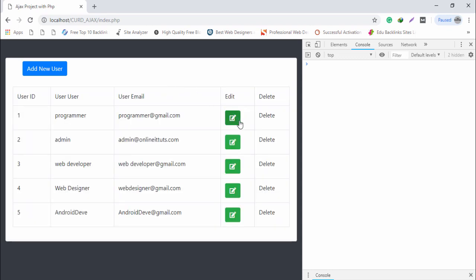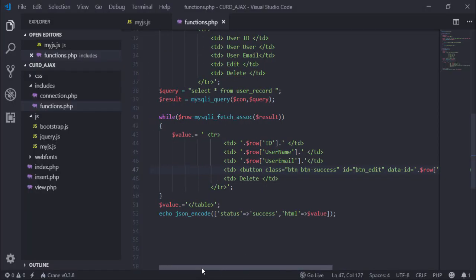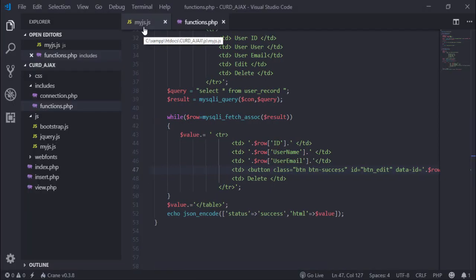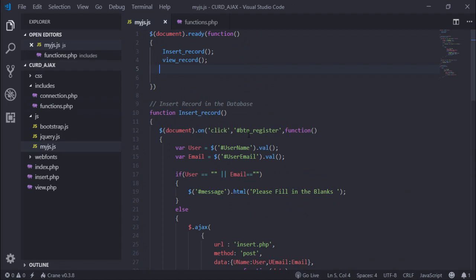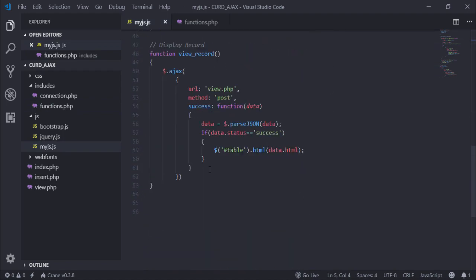Right, we have seen the button. Inside the button there is an icon. This is a font icon, right? I want to click on this button, then display the particular ID inside my console screen. So I go to my code editor, open my js.js file, go to the bottom and create